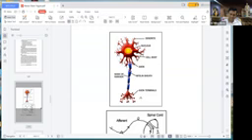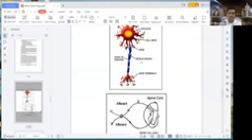The electrical stimulation transmits from the axon of one nerve cell to another nerve cell at these synaptic junctions. So these nerve cells are connected to each other through axon terminals to other nerve cells. This is one single nerve cell given in this diagram. This is the myelin sheath, which is a covering of the axon, or of the whole nerve cell. In between two myelin sheath coverings, there is a node of Ranvier.